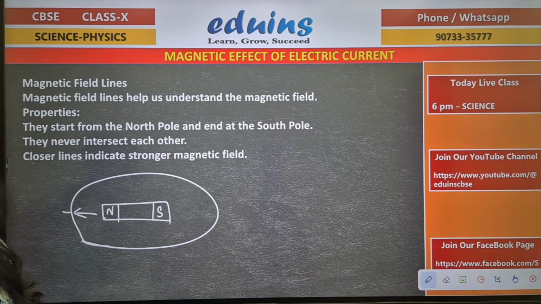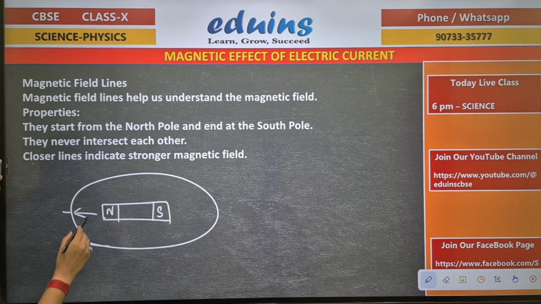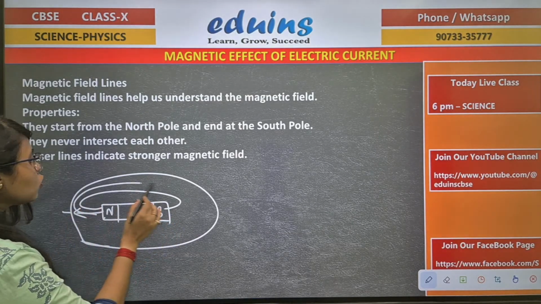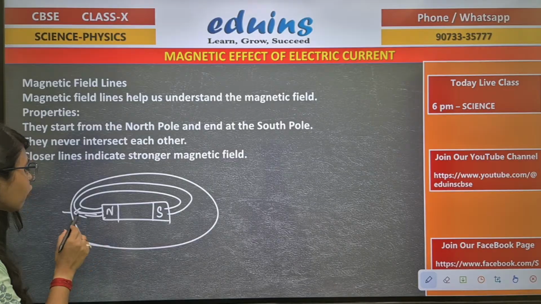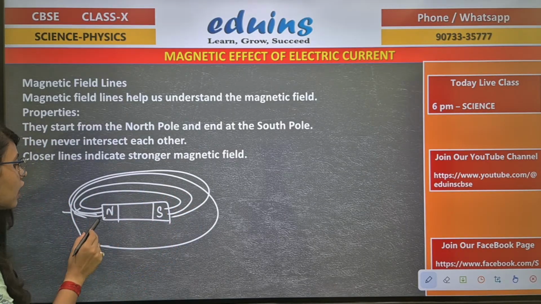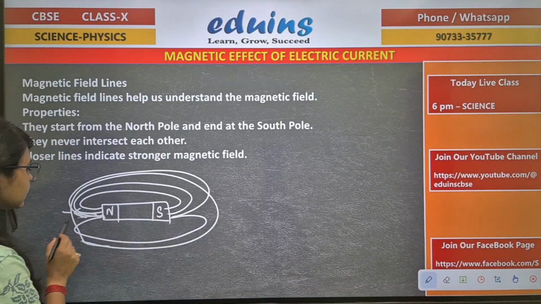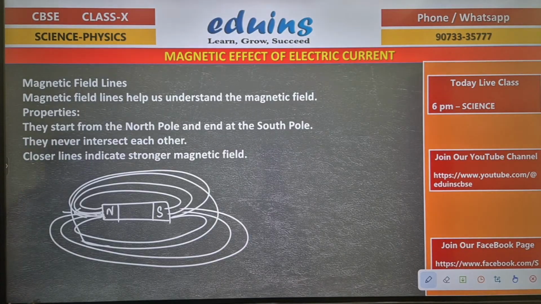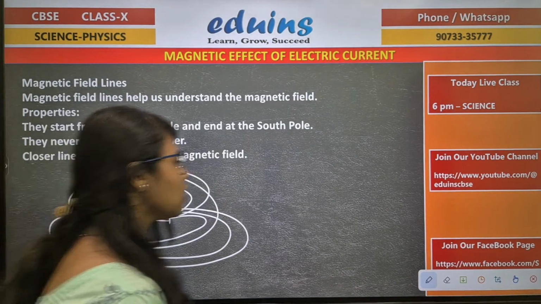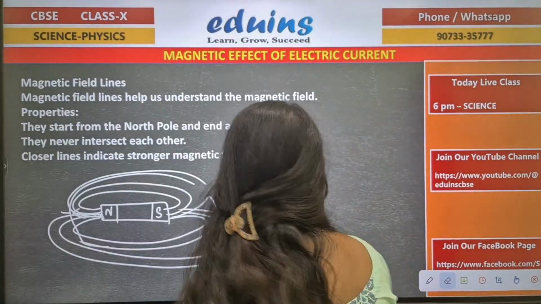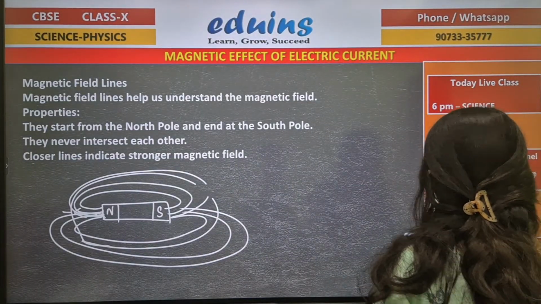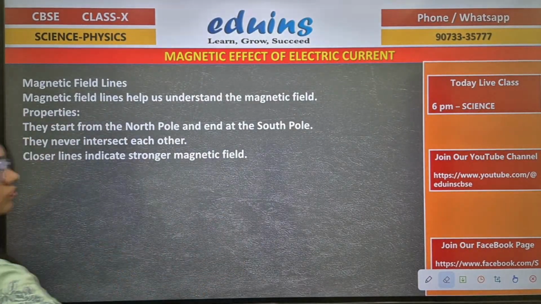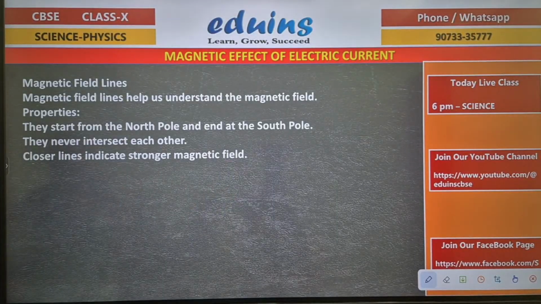So how is the magnetic field created? Here are the magnetic field lines going through the magnet, and they start from the north pole and end at the south pole. So these are the magnetic field lines. There are some properties of magnetic field lines, and the key characteristics of the magnetic field lines are